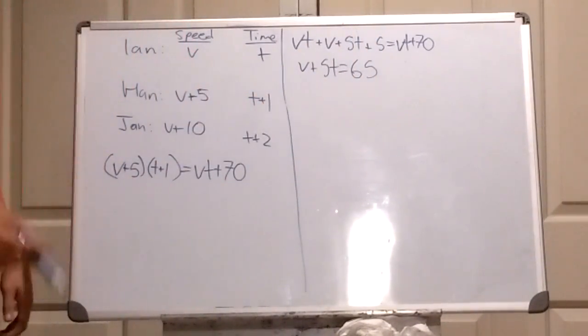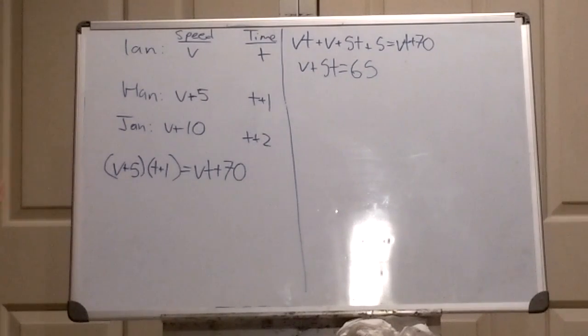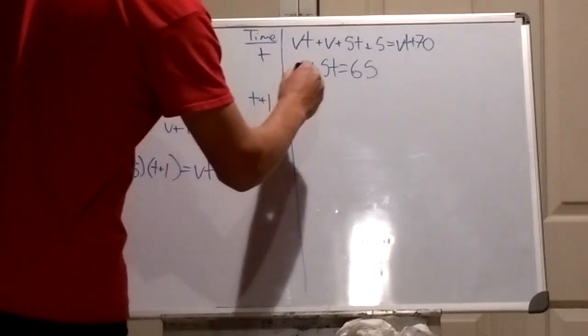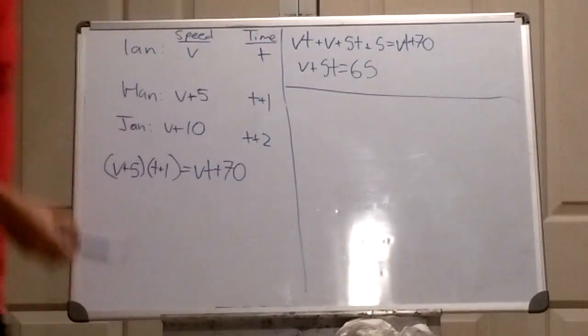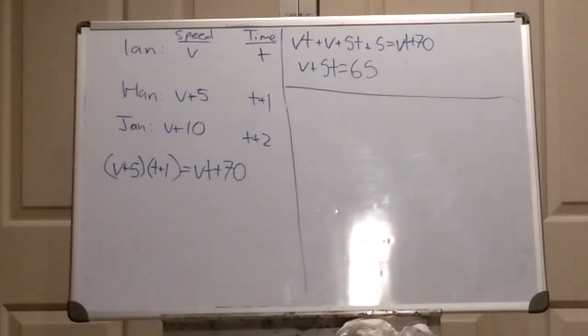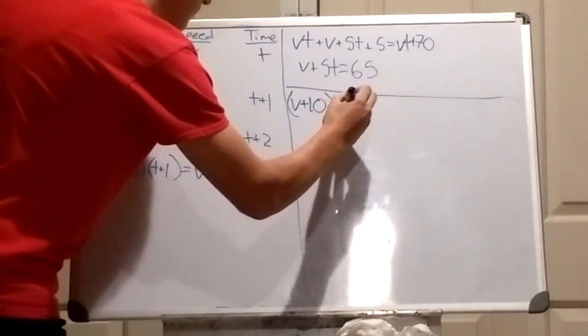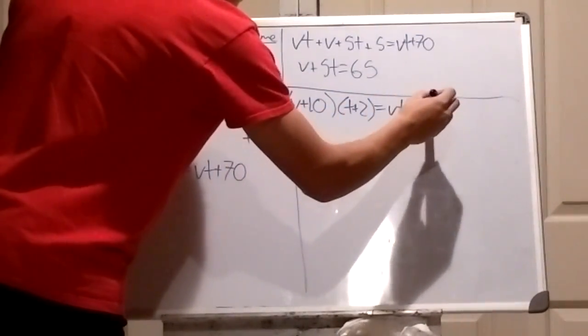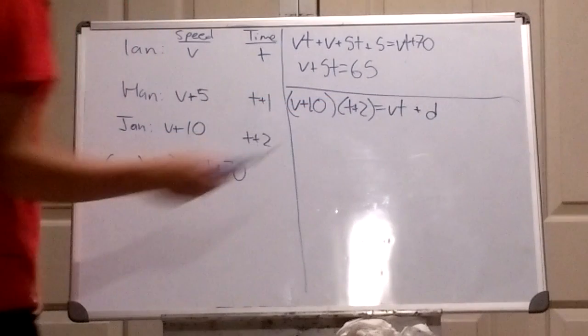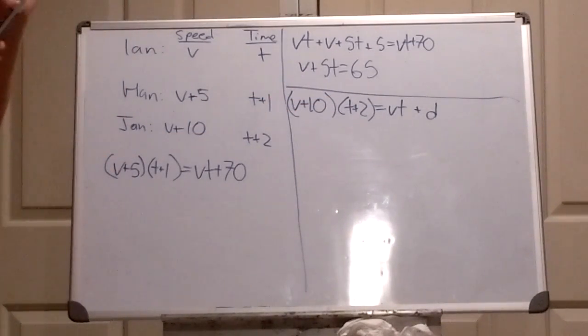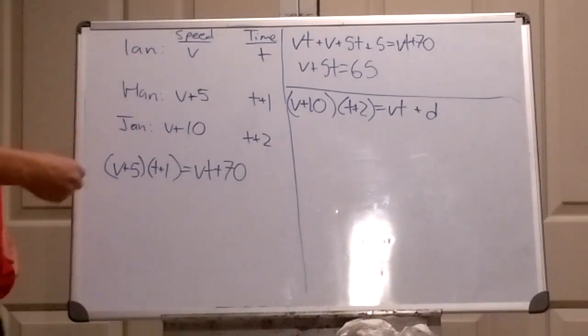Okay, that doesn't tell us much yet, but check this out. We can take the next step. Our goal is to find how much more Jan traveled than Ian. Well, we already know the formula for distance traveled, so we can apply that here. d right here is the unknown. It's the distance, it's what we're trying to find. So once again,